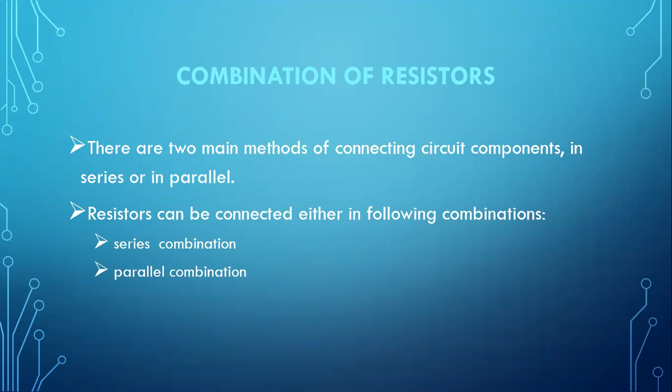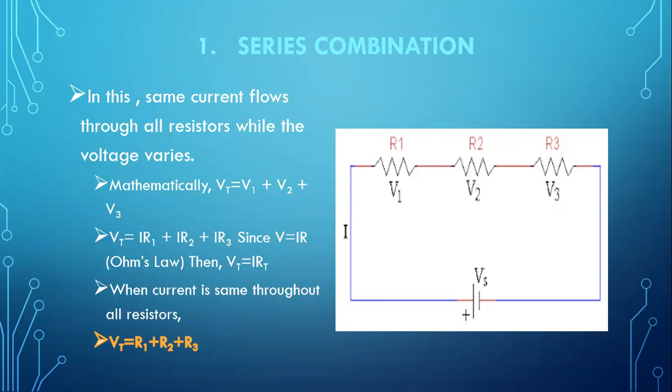Take an example, combined series and parallel, which is just another kind of connecting the circuit components. So let's mainly discuss these two, series and parallel. So resistors can be connected in the following combinations, the series combination and parallel combination. Based on these two methods of connecting resistors as one of the components of the circuit. Now let's see the series combination. Now in series combination,